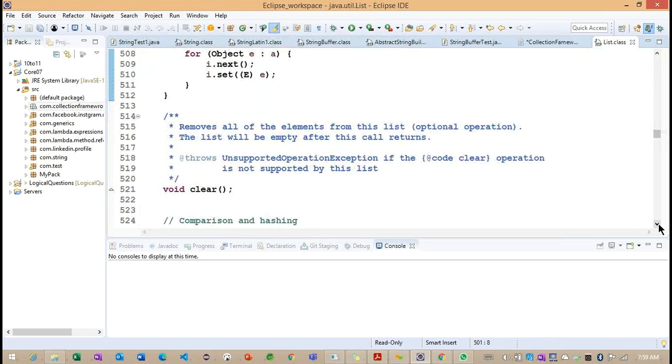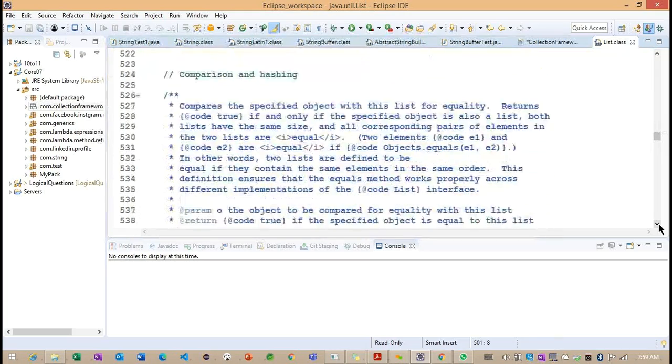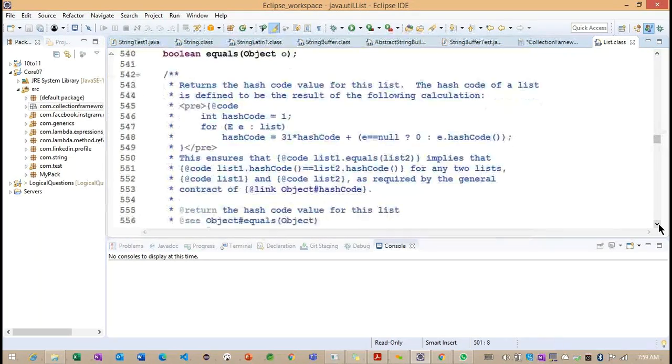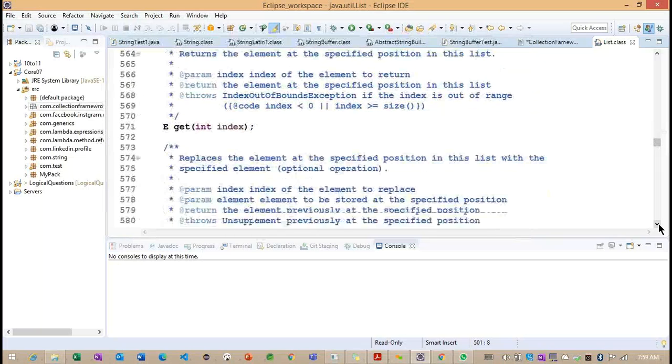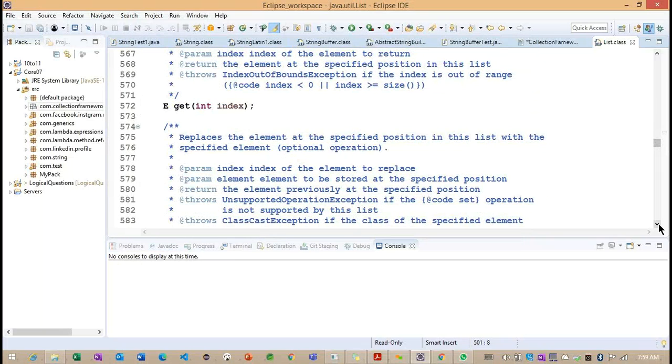So back to here, the sort method we will also see, the clear method, which is coming from the collection, the equals method, hashCode method, and get method. Basically, this get method is not added into the collection interface. This method is added into our list interface.